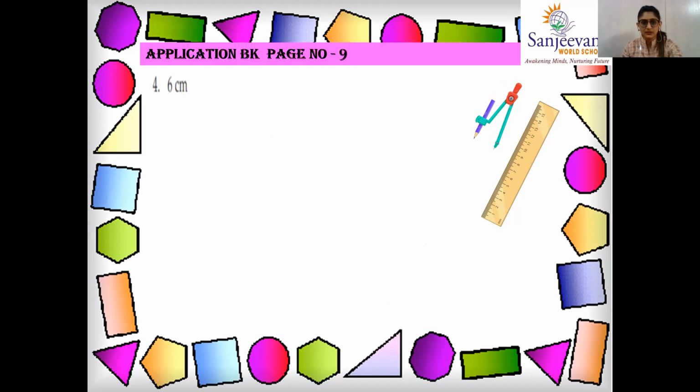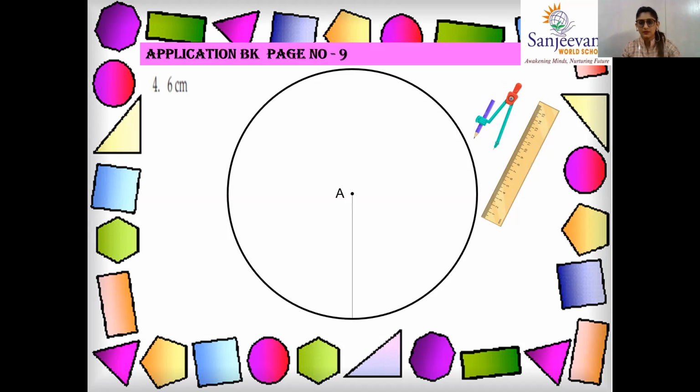The fourth question, the fourth circle over here, again we will be drawing a radii of 6 centimeter. So mark the center point. Take your compass, take your ruler and measure 6 centimeter there. Once that is done, come back to the book, draw the circle,